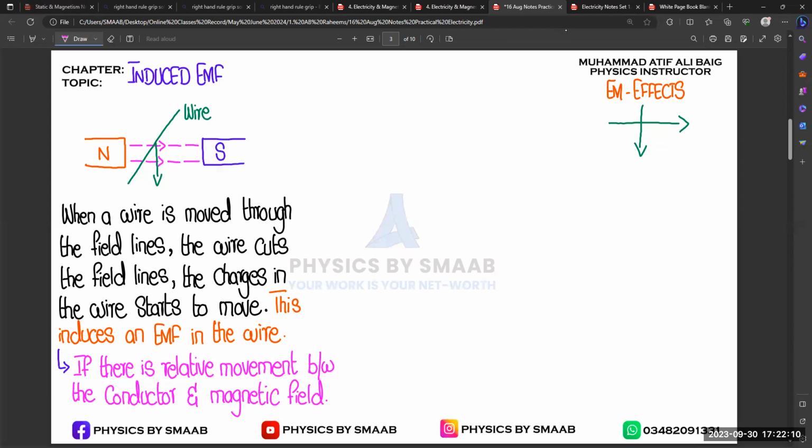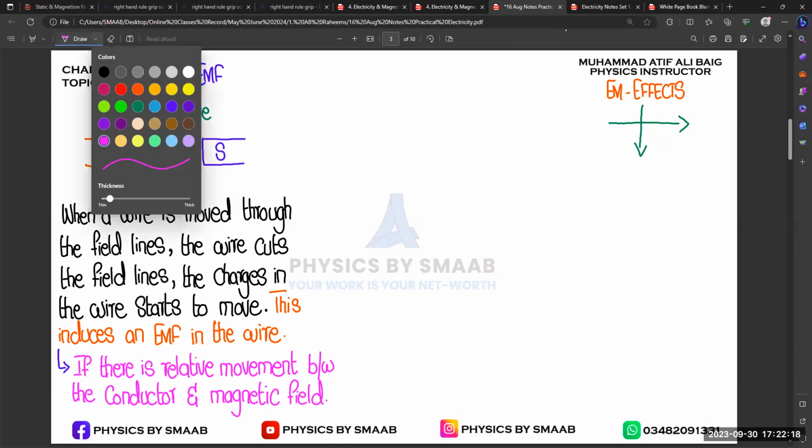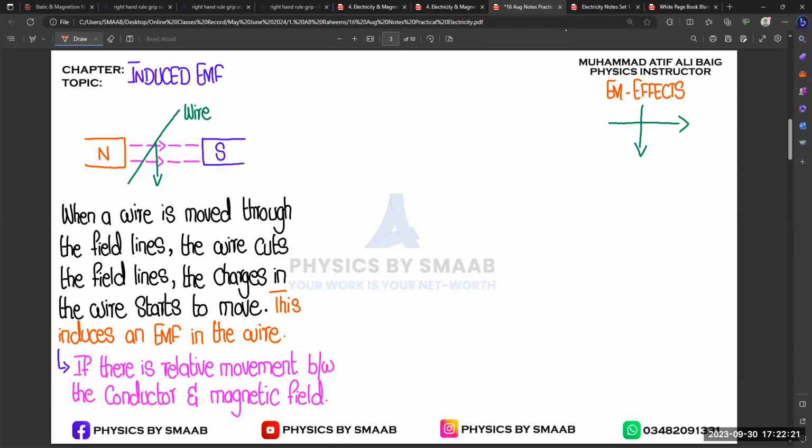And the second thing is also possible. In this situation, we are moving a wire or conductor through the magnetic field. But let's suppose we consider a second situation. In the second situation, we are taking a magnet, let's suppose there is a north pole and a south pole, and this is our magnet, and we are going to move this magnet through a coil,